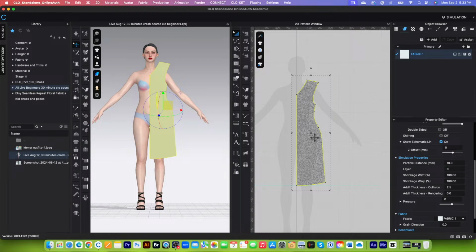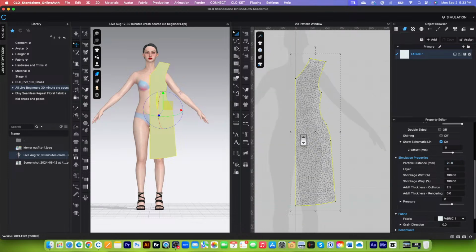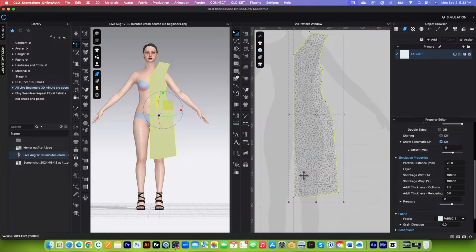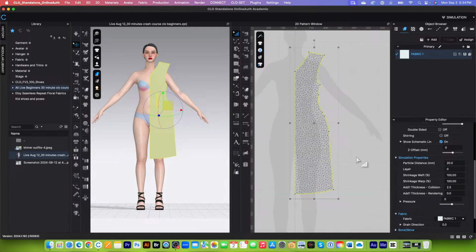However, during the work process, I would recommend keeping your particle distance at 20. I'm going to change it back to 20. This allows your computer to work more smoothly and it's faster. That's for sure, because I'm working from my MacBook Pro and I only have 16 gig RAM, while most 3D software recommends 32 gig of RAM. But 16 gigs, okay. It's just that sometimes you get hot easily and you have to pay attention to your simulation